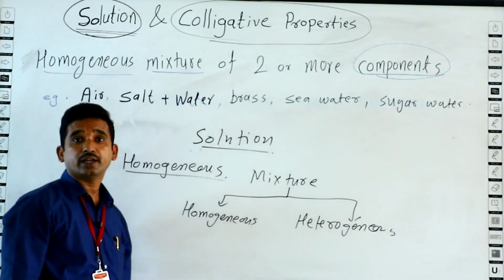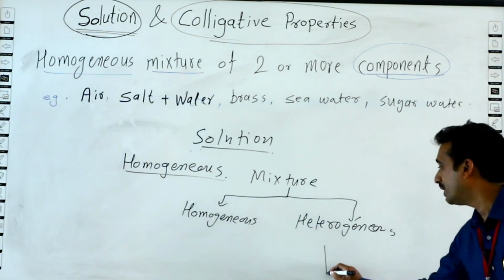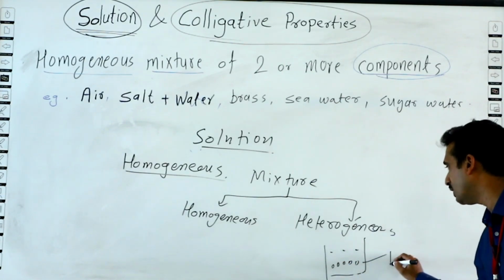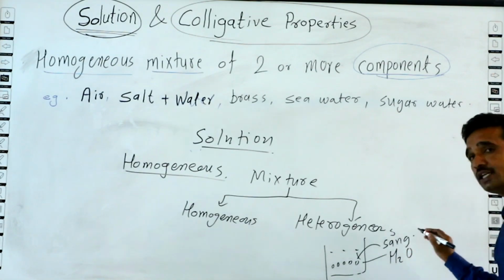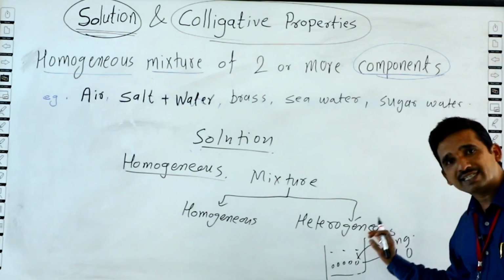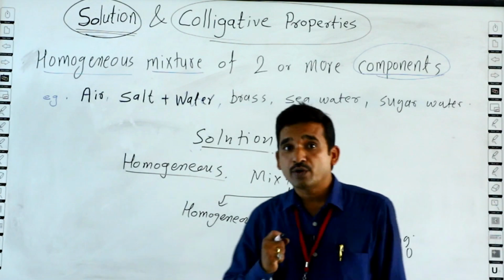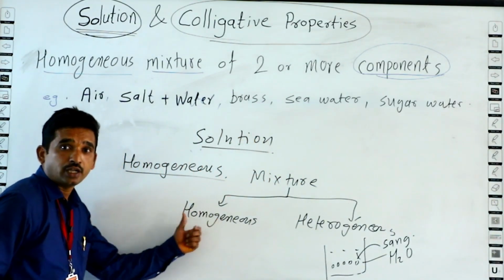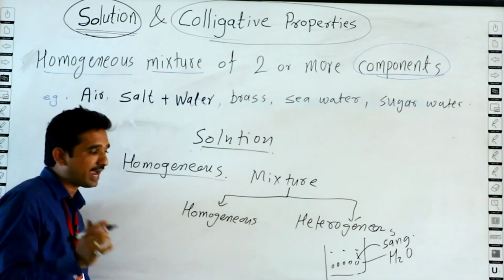Heterogeneous means, if we add some sand particles in water, water plus sand, this mixture is a heterogeneous mixture, which is not considered a solution. Then our main word is homogeneous mixture, in which there is only one single phase, that is, if we add some